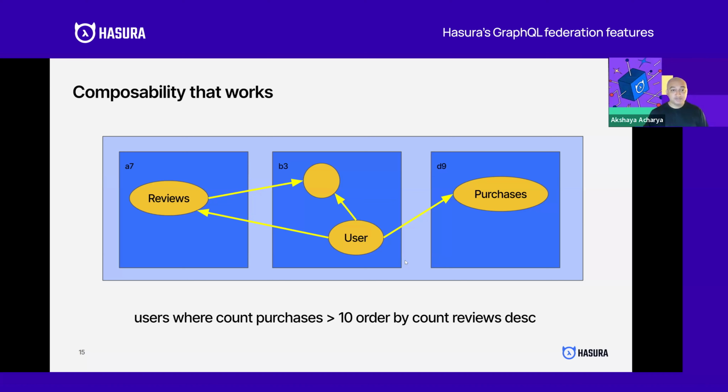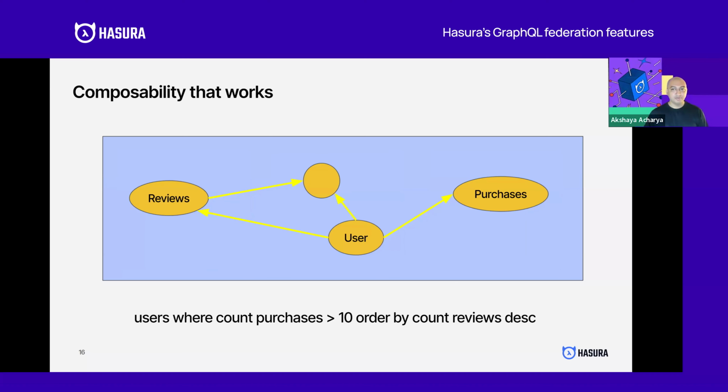And so composition works exactly the same. This is as good as having different tables in a Postgres database, and that flexibility that you get, but across all your subgraphs and across all your data sources. So you can join, filter, and aggregate across these relationships. Because at the end of the day, the engine actually just runs the supergraph. So if you look at the engine as this query planner, it's optimizing across all these models, across all the subgraphs and data sources.